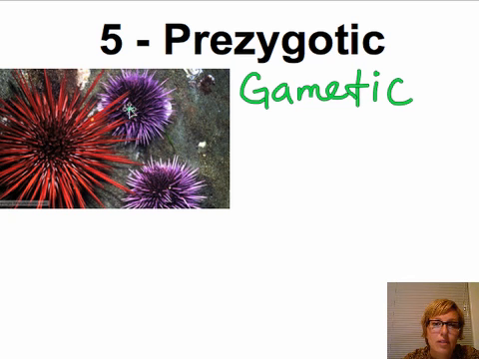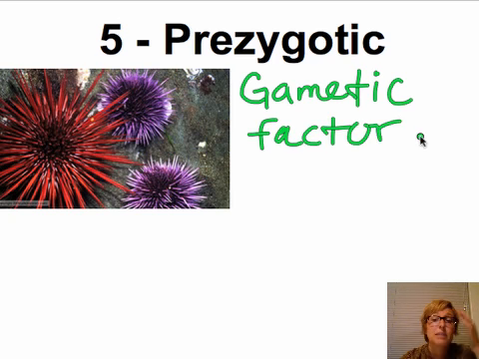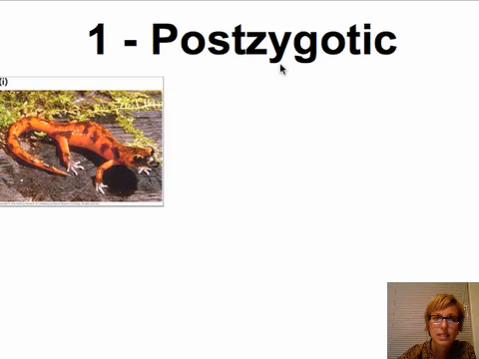Even though they're very closely related, if a red sea urchin and a purple sea urchin sperm and egg happen to find each other, they would be lacking the necessary proteins to fuse in the open water and successfully create a zygote. So that is an example of a gametic factor. So something to do with the egg and the sperm that doesn't allow them to make a zygote. So once again, the zygote is not formed. So now I would like to talk about